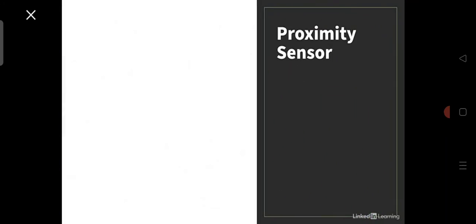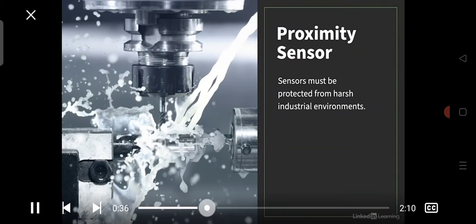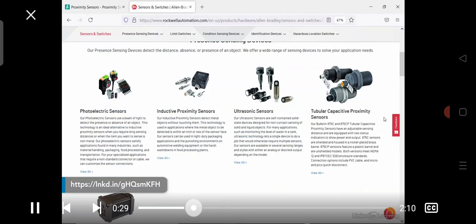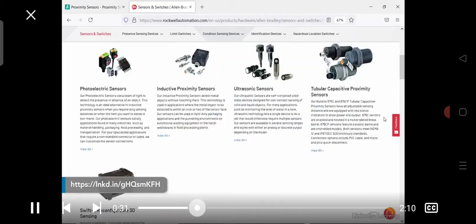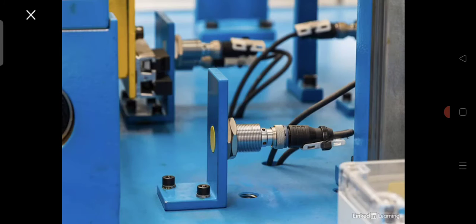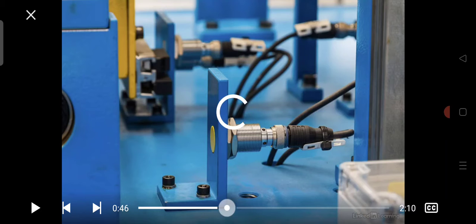They are encapsulated to protect the device against excessive vibration, liquids, and corrosive chemicals that you might find in industrial environments. And here are examples of how